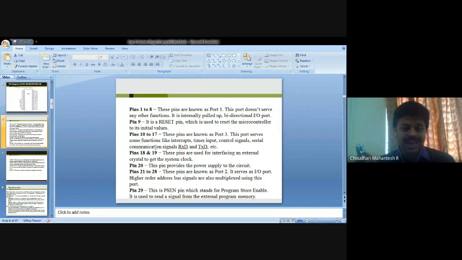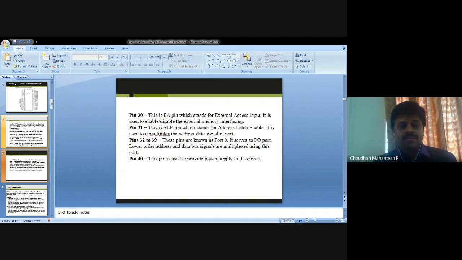Then above that, there is the PSEN pin, which stands for program store enable, and it is used to read a signal from external program memory. Next to this, you have the EA pin, which stands for external access input.